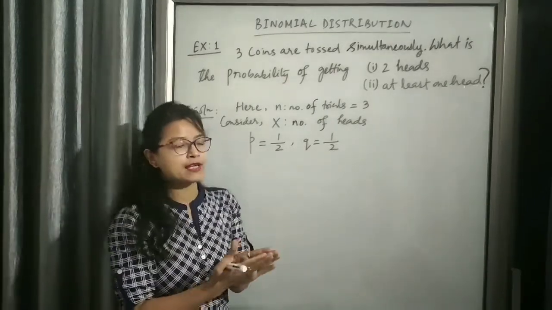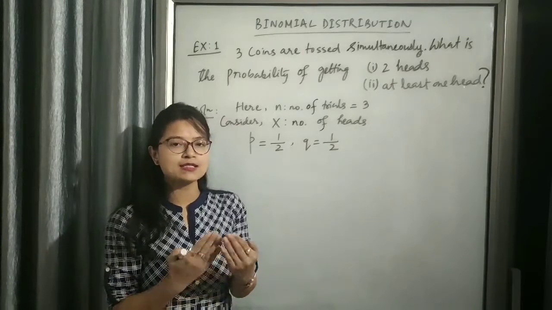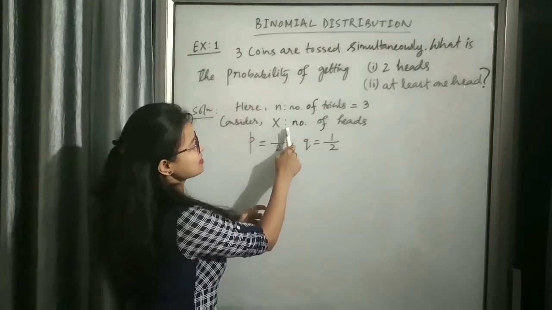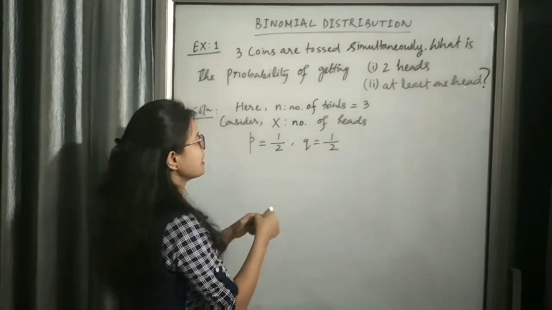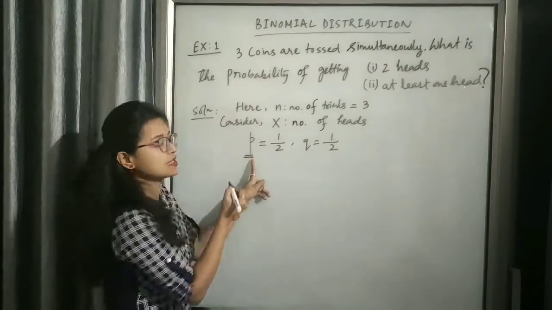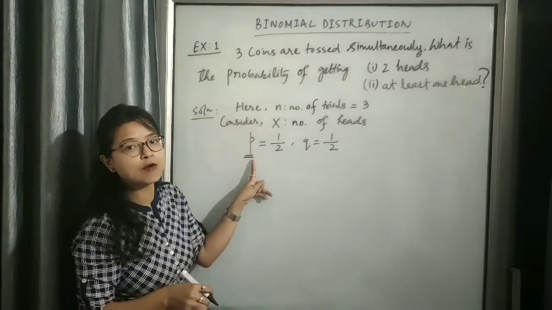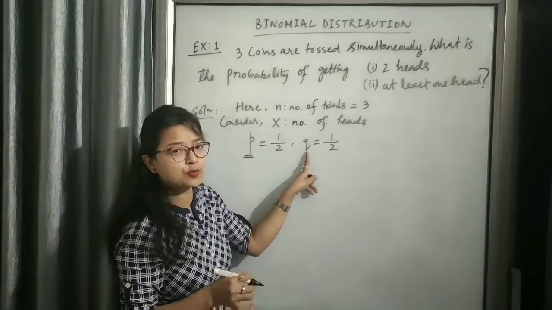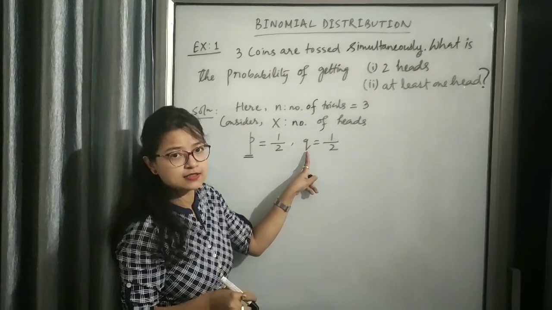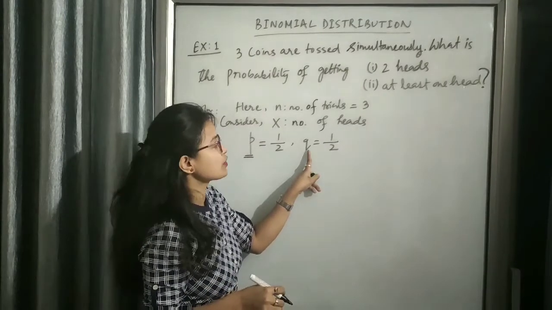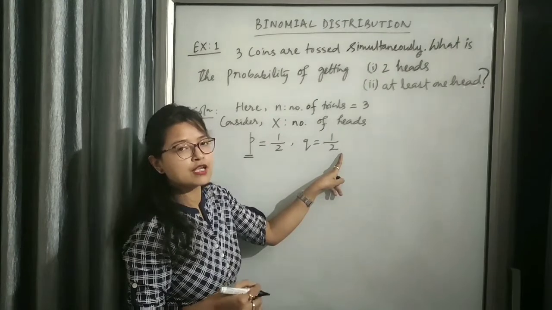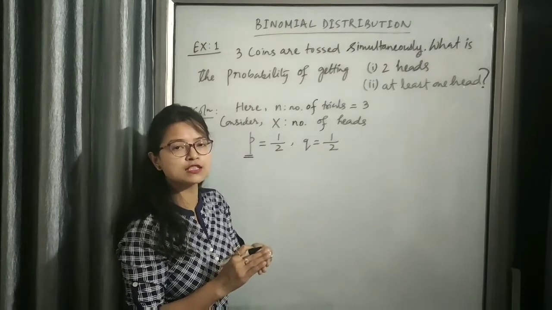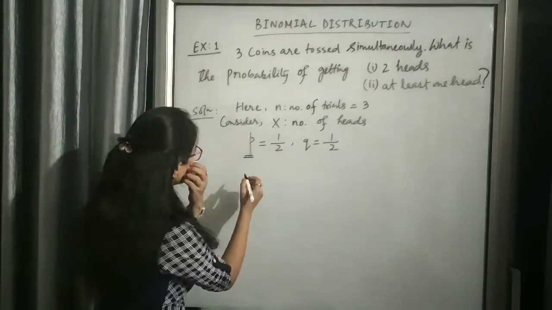Now when we toss the coin, exactly 2 outcomes occur, head and tail. So we can take the variable as either number of heads or number of tails. I am taking here X, the variable, as number of heads. Then p represents the probability of getting a head in one trial. So p is equal to half. q represents the probability of getting a tail, that means not getting a head, so q is equal to again half. Or you can directly use the formula that total probability p plus q is equal to 1, so q is equal to 1 minus p, so half.